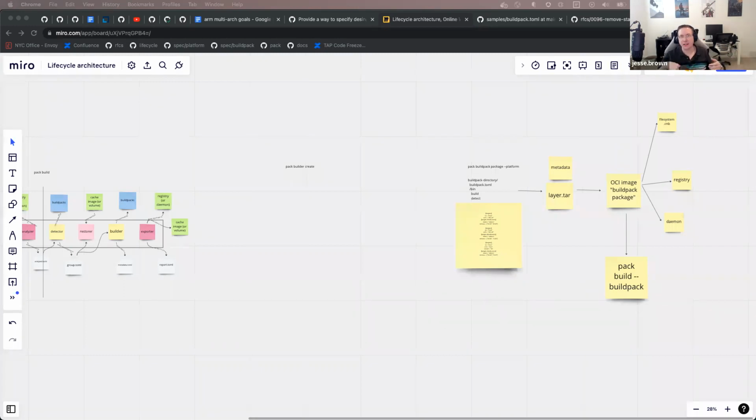I don't really know how to make that better. I think it's an easy transition to make, because if we suddenly add a platform flag to pack build, you're like, oh, I built it for the wrong platform. It has this great dash platform x86. And oh man, that's a lot slower, and that's fine for that to be the experience. I think the default experience that you're proposing makes sense.